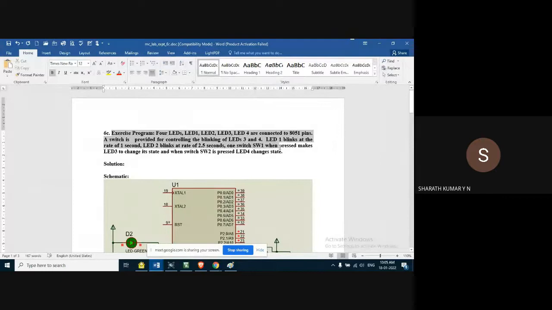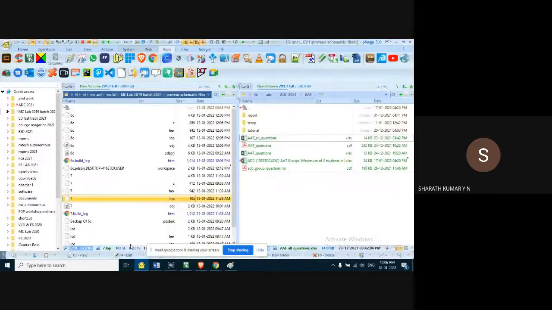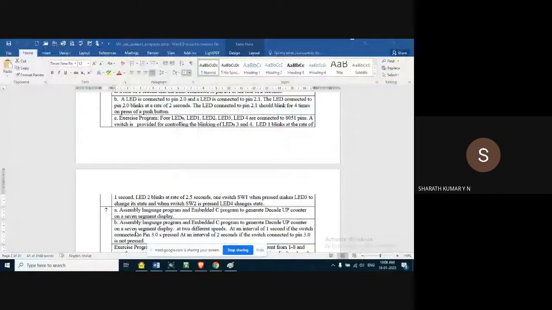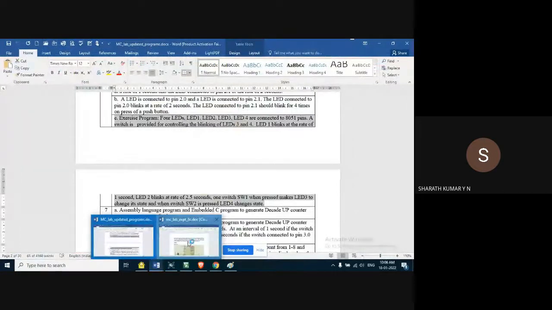statement. So exercise program 16, four LEDs are connected to port pins. There's any pins. It is not specified because our intention here is not to confine it to a particular port. You can use any port for that matter. Okay, port one, port two, so any port of your choice.